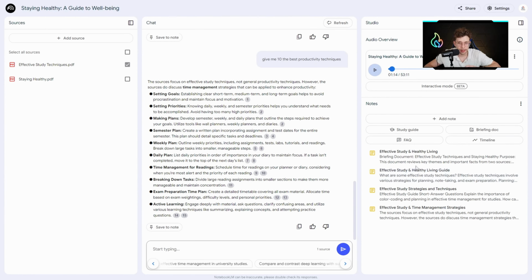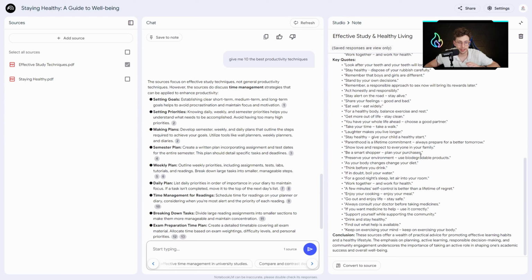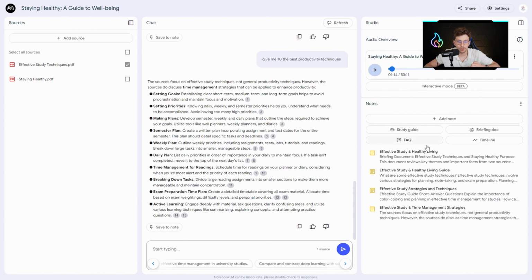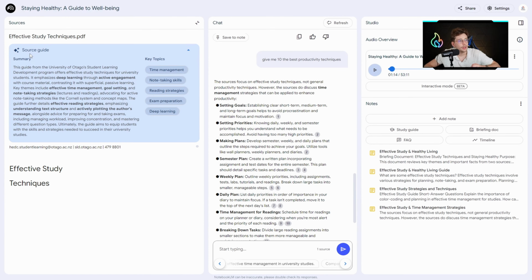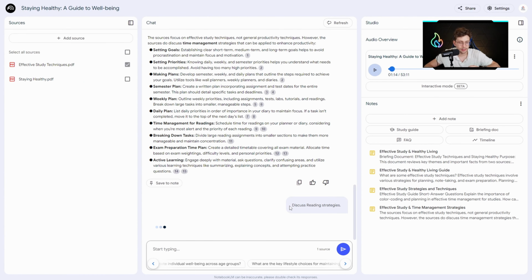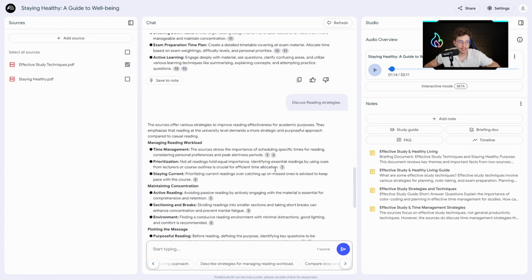When I go here, you can see we've got also other types of files. And again, we generated it with just one single click. Also, when we have our sources, we can go here, and there you've got the summary of the file with the key topics. So whenever you upload any source, you've got this summarized here. And for example, let's click on reading strategies. And then you can see we are generating the response. So these are the options that are very handy to use,